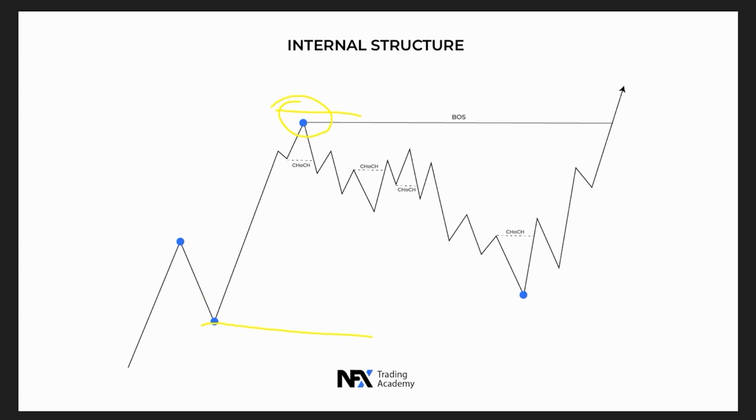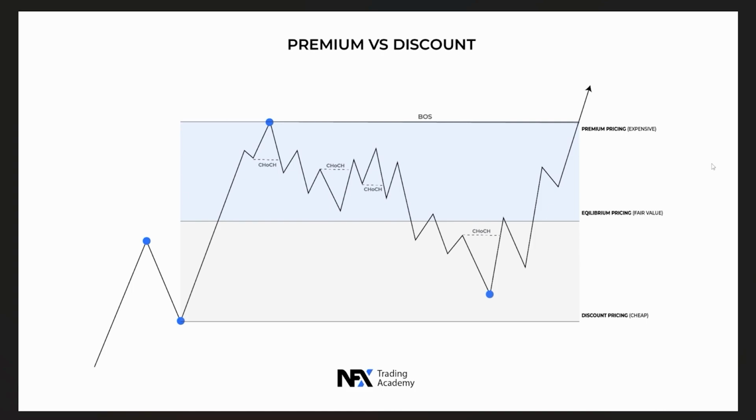But that can also help you in getting into counter trend trades because you know where price can pull back from. So let's go to the next slide and we can see that we have it drawn right here. So the same schematic, but now we have the premium and discount. Premium and discount is a simple concept where we have the 100%, the 0% and the 50% right here. It's an easy tool to use.